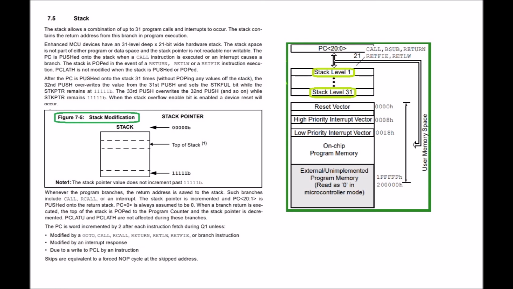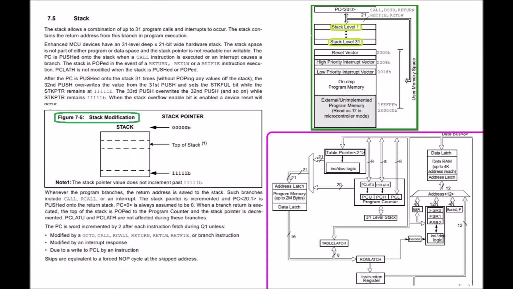7.5 Stack. The stack allows a combination of up to 31 program calls and interrupts to occur. The stack contains the return address from the branch in program execution. Enhanced MCU devices have a 31-level deep by 21-bit wide hardware stack. The stack space is not part of either program or data space, and the stack pointer is not readable or